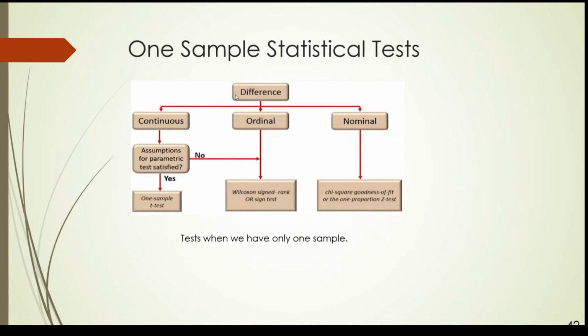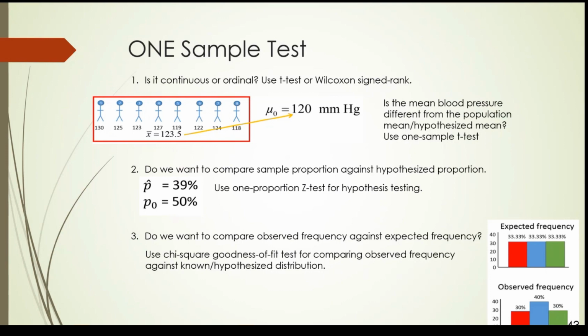What if I only have one sample? If you have one sample, you can use the following tests: one sample t-test, Wilcoxon, chi-square goodness of fit, or one proportion z-test. Now, z-test is easy to use, but it is not so accurate. It's better to use chi-square because z-test assumes that the distribution is normal. Usually, a normal distribution is hard to rely on because many of the samples won't fall within the normal distribution. So it's better to use t-test or chi-square. Here are examples of one sample test.